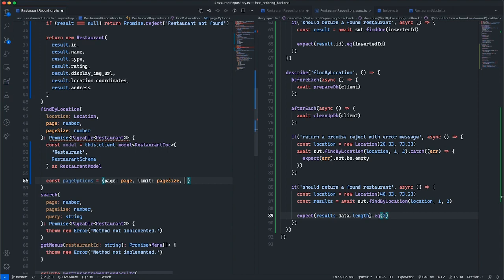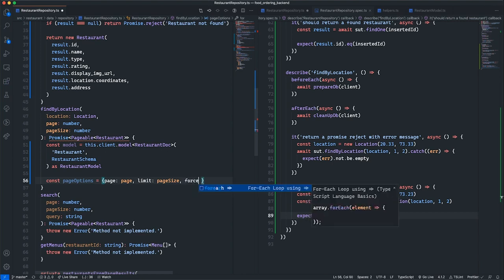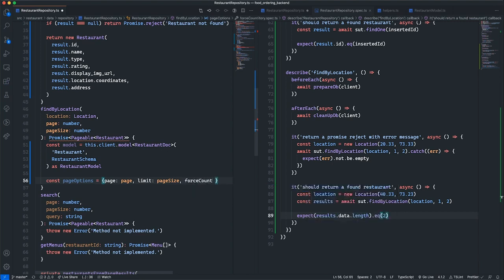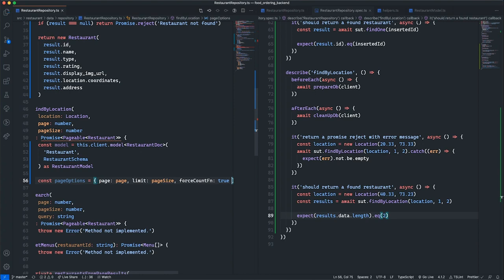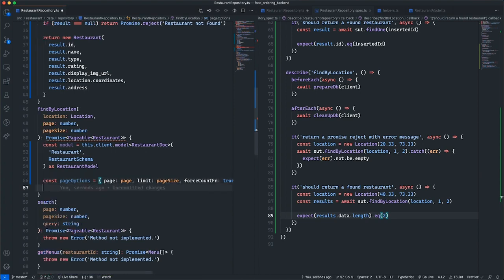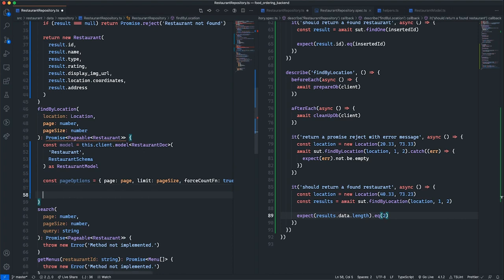So there's a flag called force count fn that needs to be set to true in order for us to execute geoneer queries using our paginate library or package. So now I am going to set up my geoquery